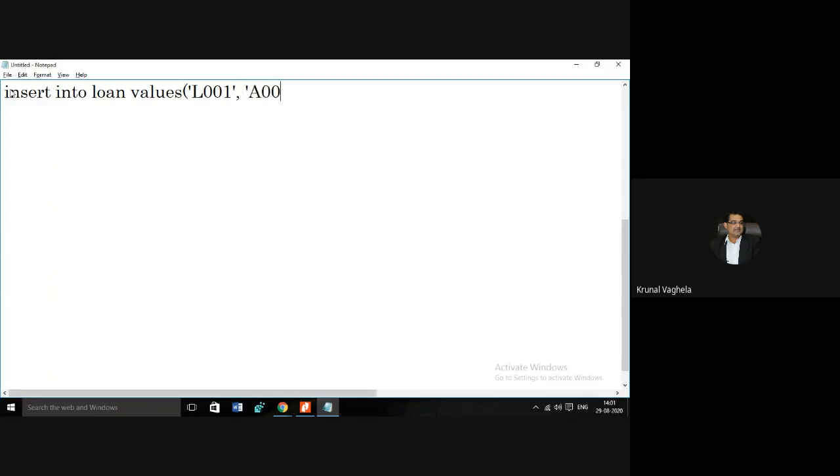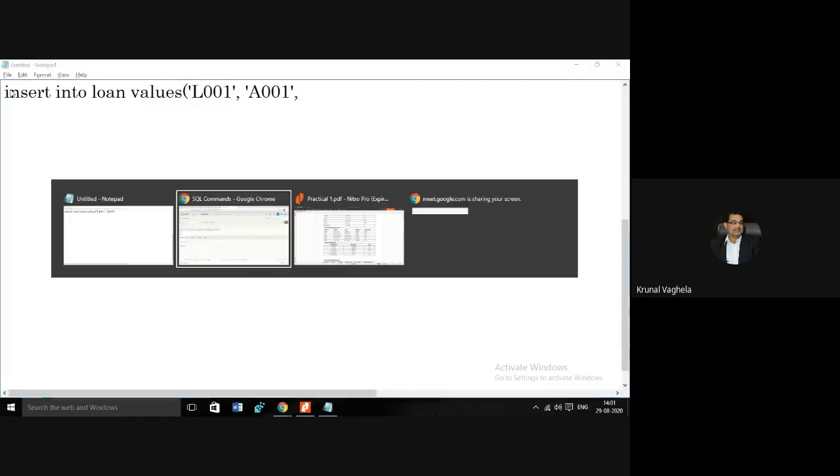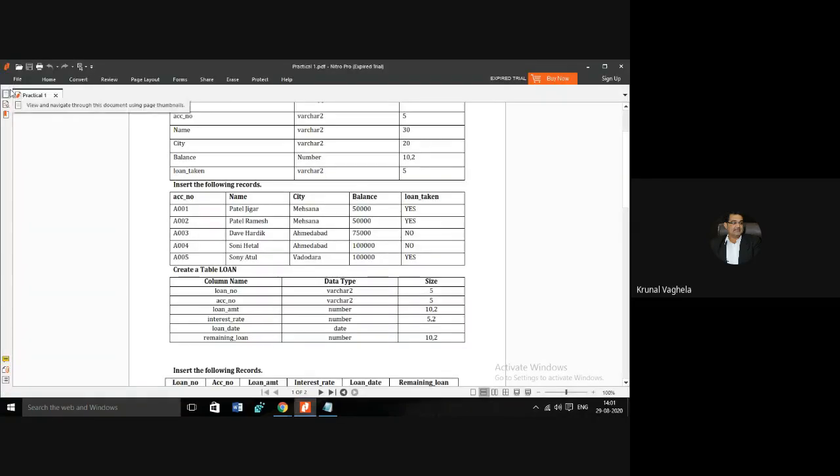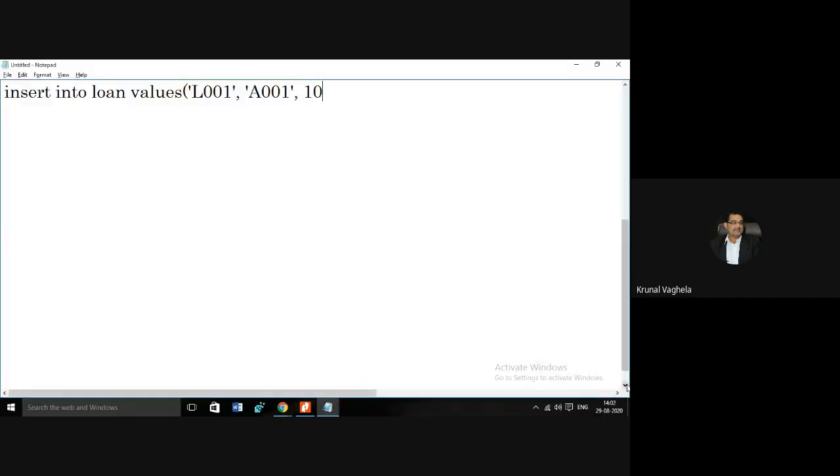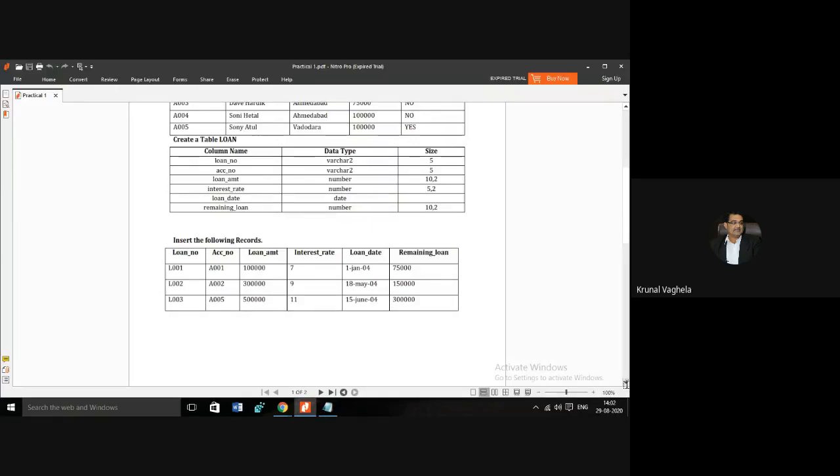Second is A001 in single quotes, comma. Loan amount is 1 lakh, interest rate is 7. Now in the date, you need to enter the date in MMDDYYYY format.